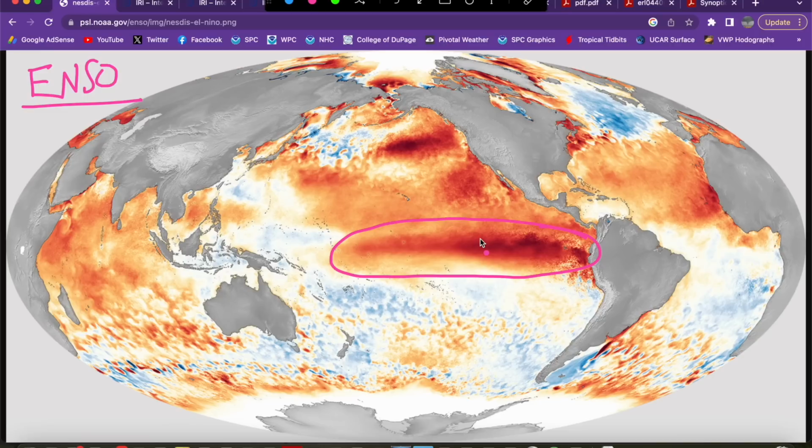If those waters are cooler than normal, we're in a La Niña phase of ENSO. If they're warmer than normal, we're in an El Niño phase. And if those waters are about normal as far as temperature goes, we're in a neutral phase of ENSO. And there's been quite a bit of research showing that the El Niño Southern Oscillation phase, and particularly how it progresses throughout the severe weather season, can modulate tornadic activity in the United States during the spring months. And it's also a somewhat reliable tool that we can use when we're making longer term forecasts, such as the one we were making in our original video, because we can somewhat reliably forecast how ENSO is going to progress